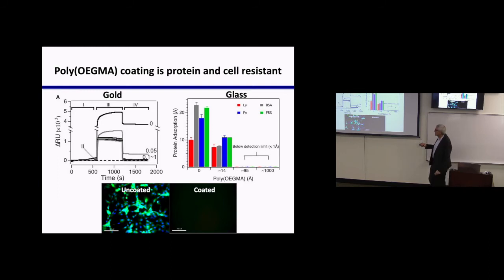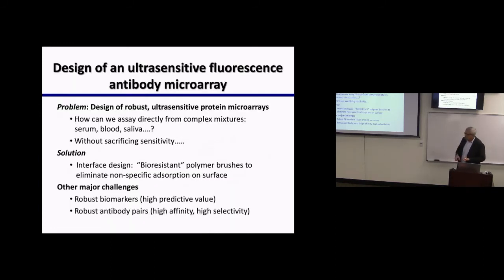And also you can see an uncoated surface, lots and lots of cells sticking; coated surface, no cells stick. So now we have a surface which is protein resistant and cell resistant. The question is what to do with it. And we could have gone down two paths. One is putting it on implants, putting it on the body,